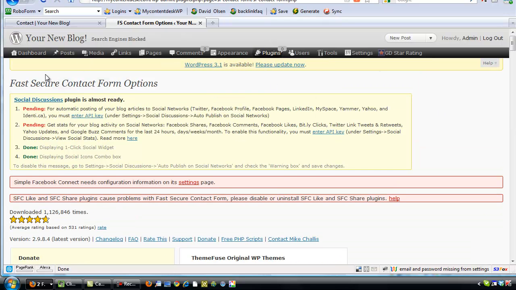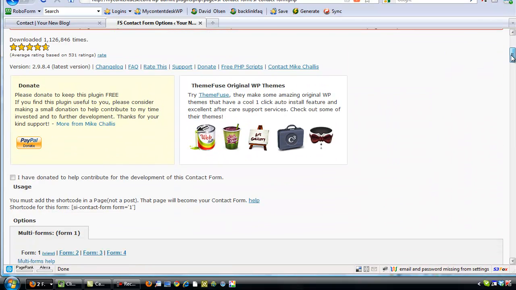And again, just ignore this for now. This is more setup that we have to do, and this is what you're going to see on your new blog until we get these things completed. So we haven't gotten to that yet. So we're just going to ignore that message for now. So we're going to work our way down here to the actual settings page where we'll see our settings for